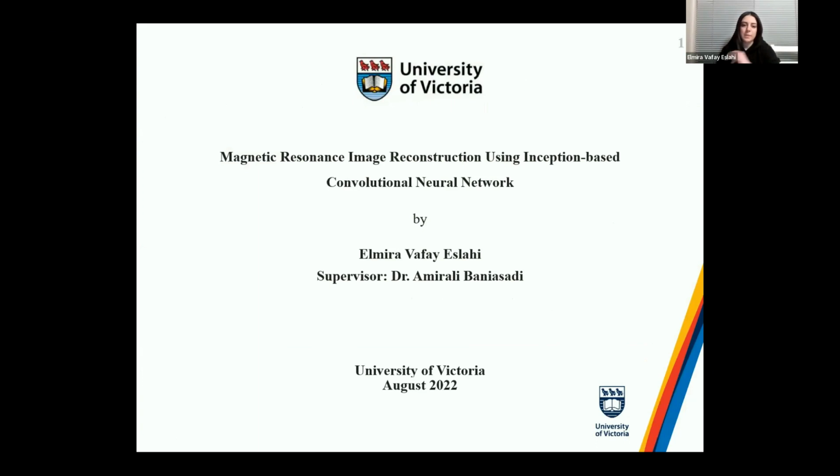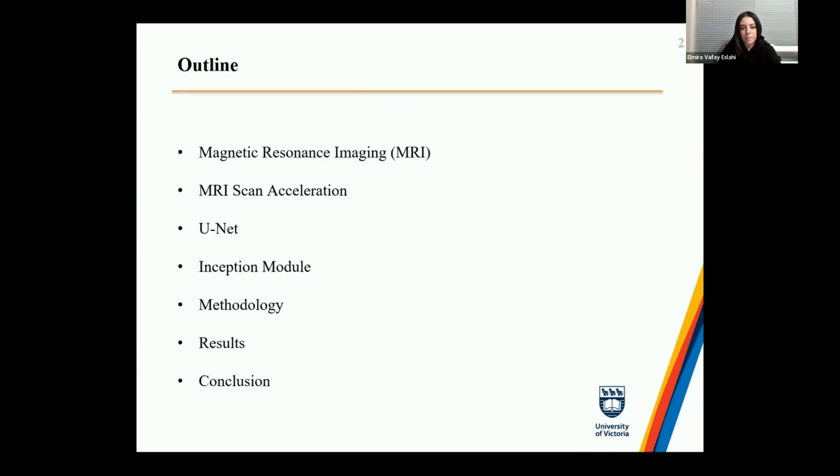I would like to start my presentation entitled Magnetic Resonance Image Reconstruction using Inception-based Convolutional Neural Network. So for the outline, first of all, I will talk about magnetic resonance imaging, or simply MRI, and then what